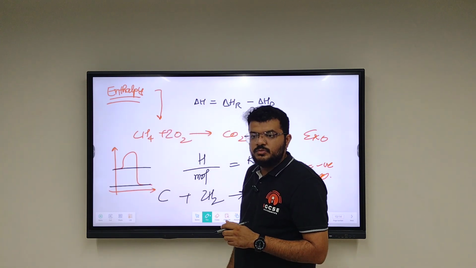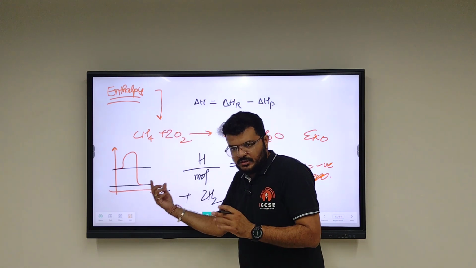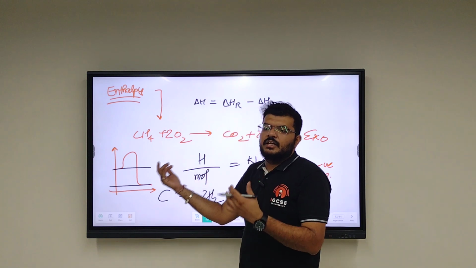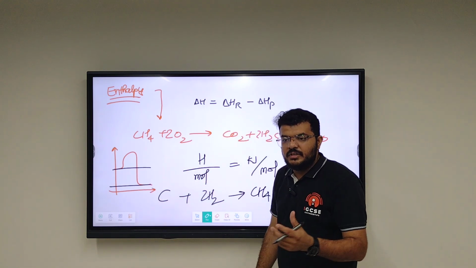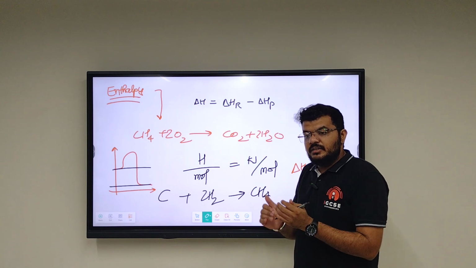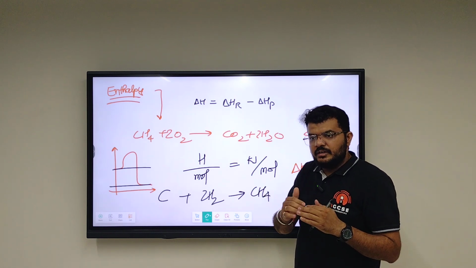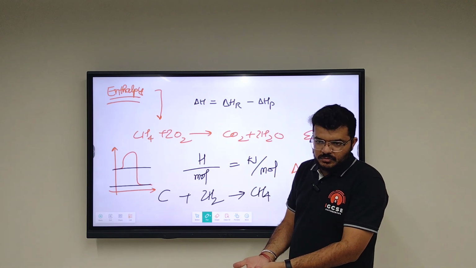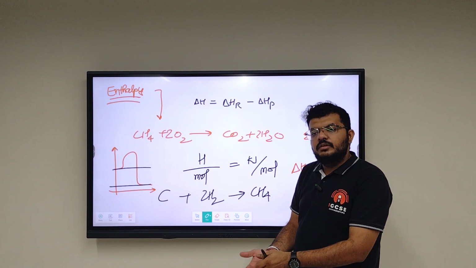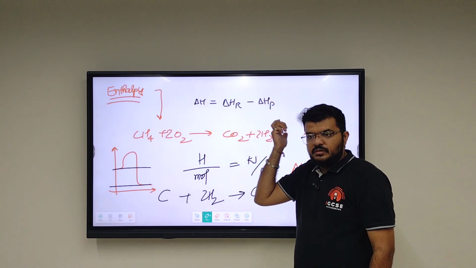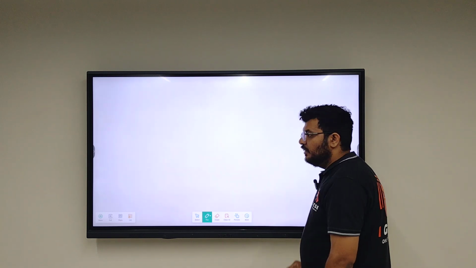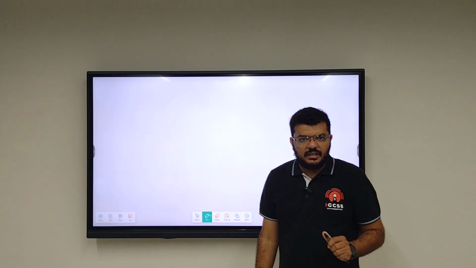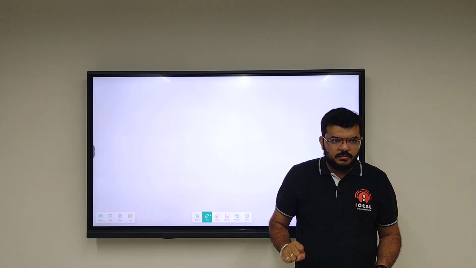In that case, you consider energy of the products minus energy of the reactants. But when bond enthalpies are given, that enthalpy tells us the energy released when bonds are made, or the energy required to break them. So when it's bond enthalpy, it's reactants minus products. But when it's just the reaction enthalpy, to standardize this reaction enthalpy confusion problem,